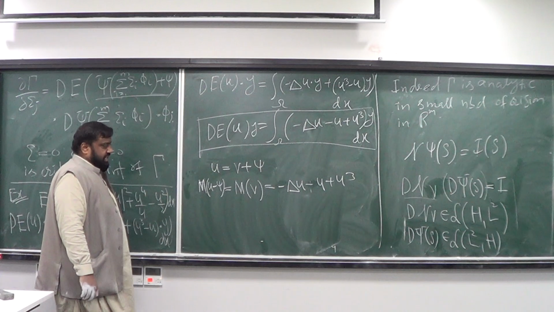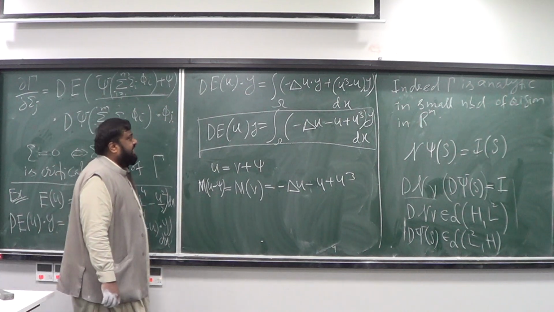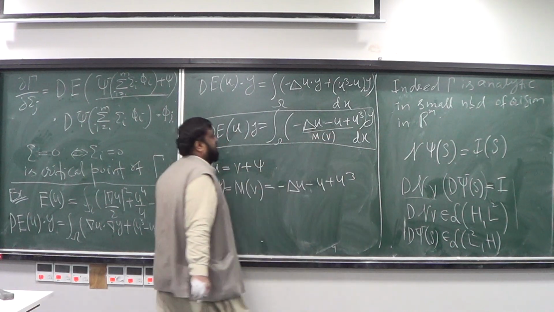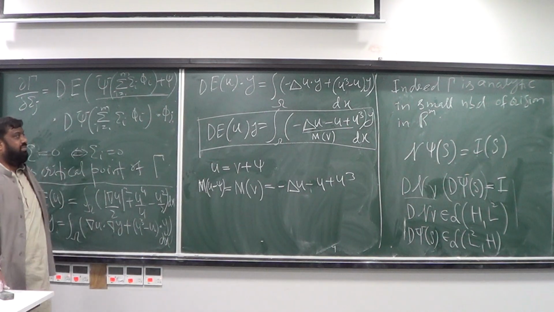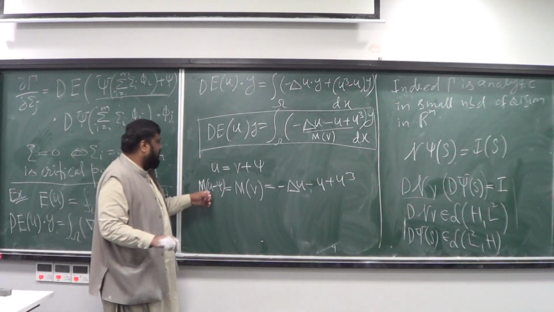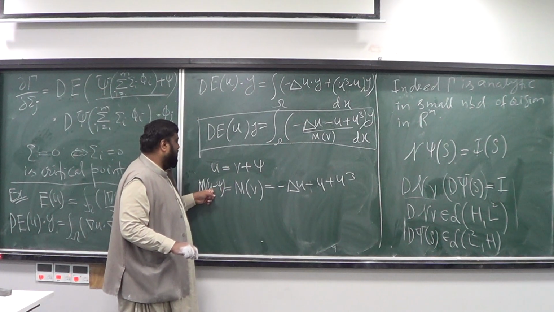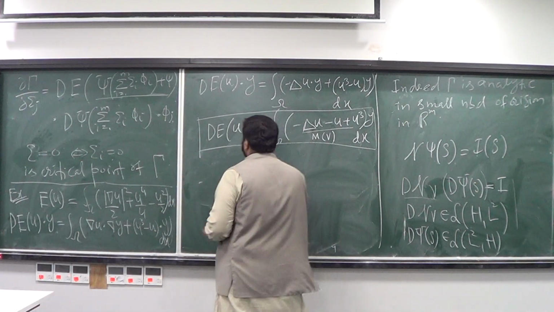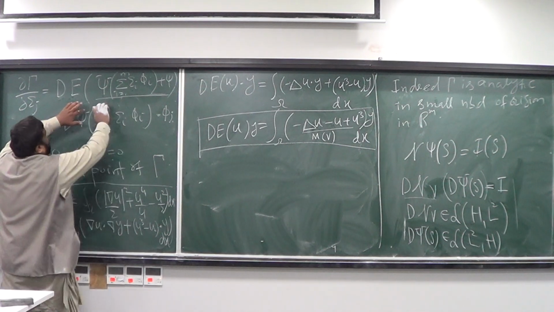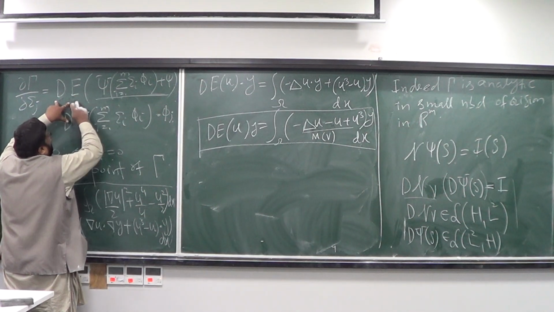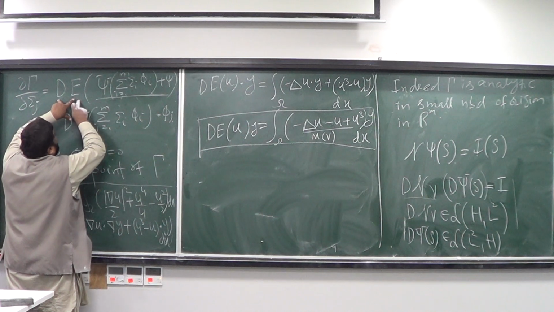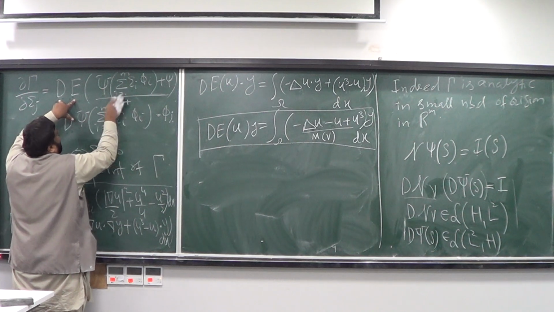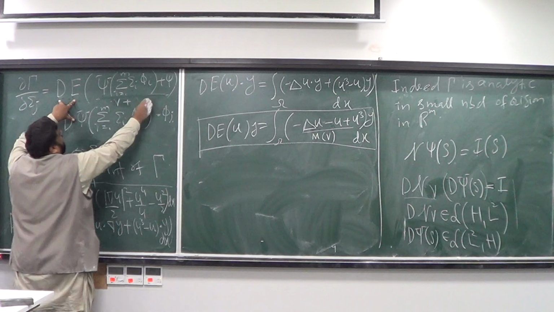And if this is the case, then I can also write this expression as m of v, where v is u minus psi. Now, if I want to compute dE, the Fréchet derivative of E, at some v, which is this expression plus psi,